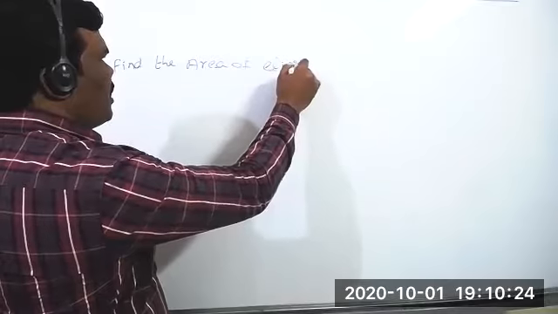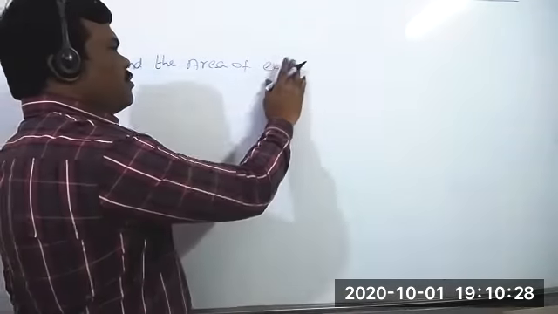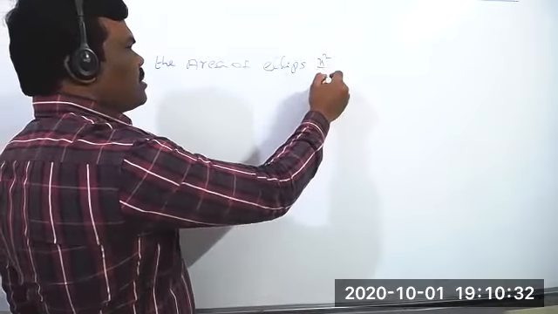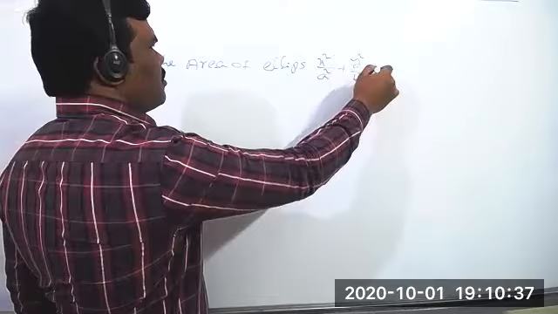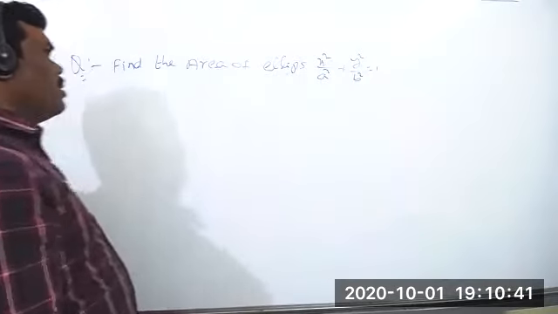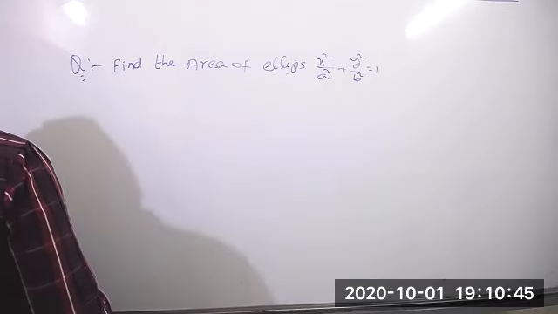Area of the ellipse. I think you know the ellipse equation very well. What ellipse equation do we have? x square by a square plus y square by b square equal to 1. This is the ellipse equation. Okay, find the area of the ellipse. Here we know the condition